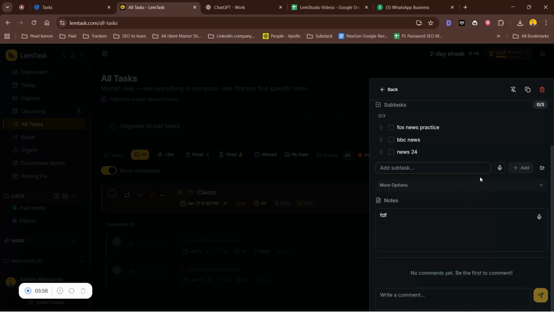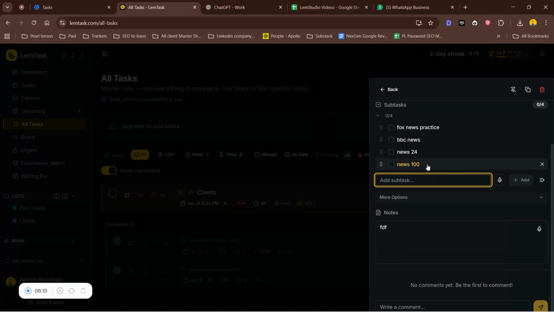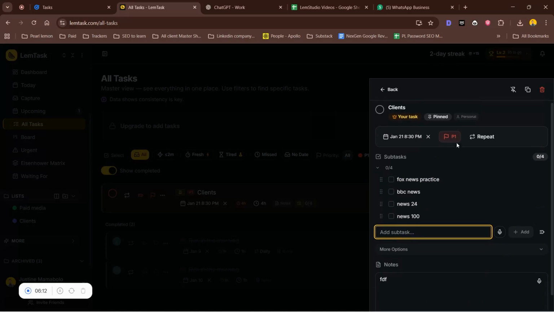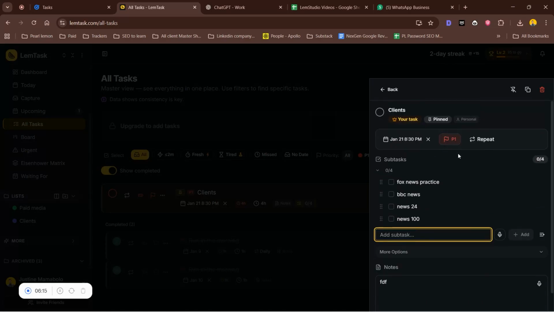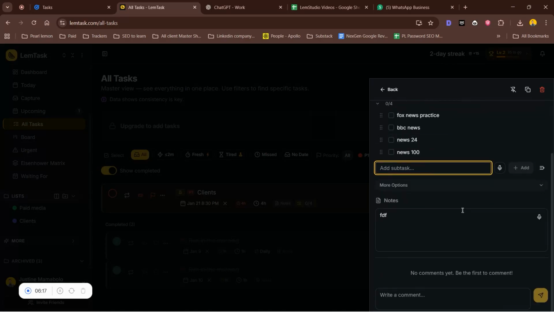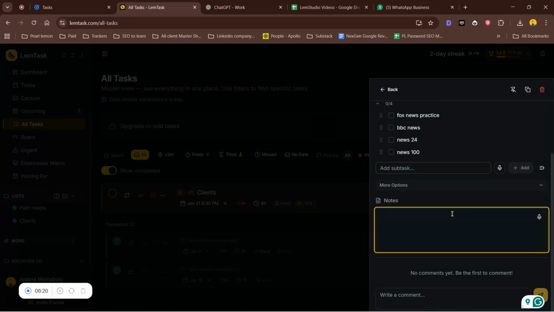You can add more subtasks. You can also voice-note your subtask. Let me try that. News 100. Oh, there we go. News 100. And you can add that as your subtask. It's quite efficient if you are too lazy to type, or you are too preoccupied to be typing lots of details. So here we'll just go with